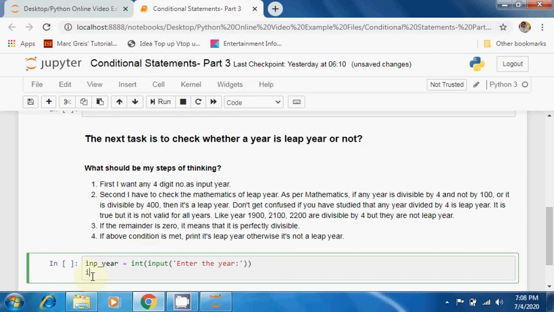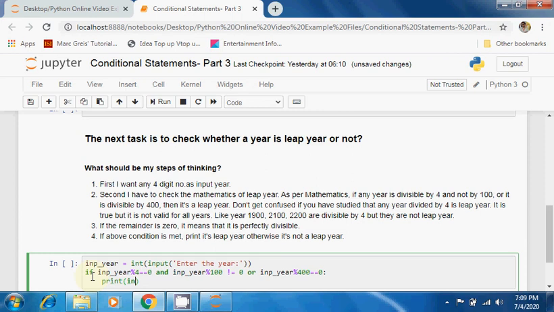So now let's write this thing. If my input year mod will check for remainder 4 is equal to 0 and this input year mod 100 is not equal to 0, or this input year mod 400 is equal to 0, I will print this input year.